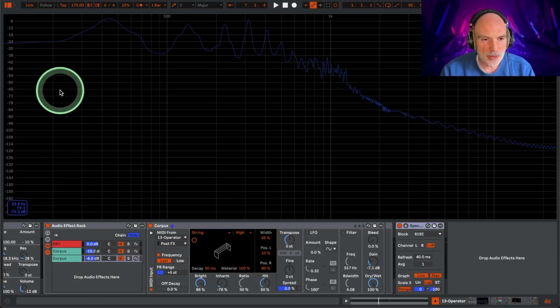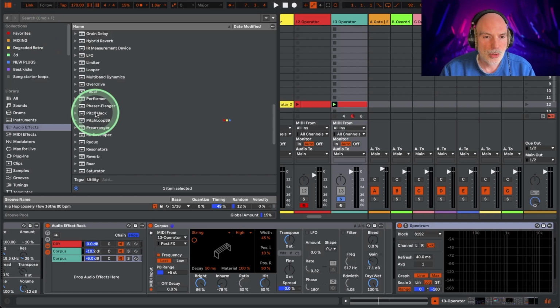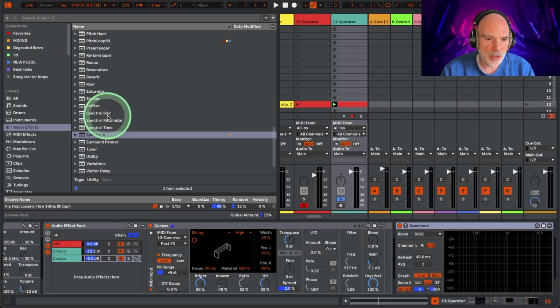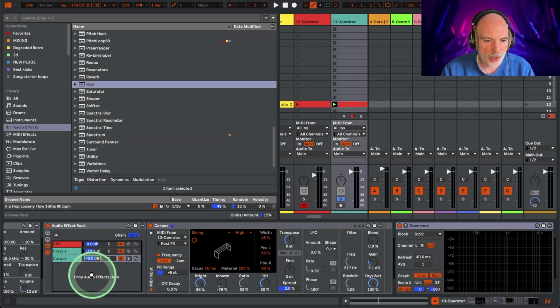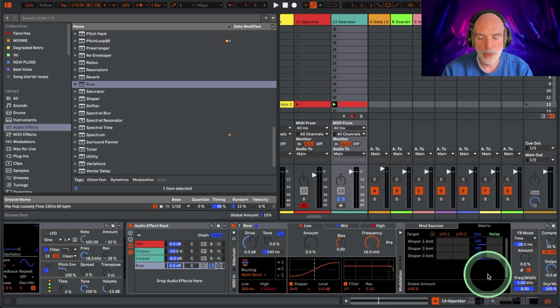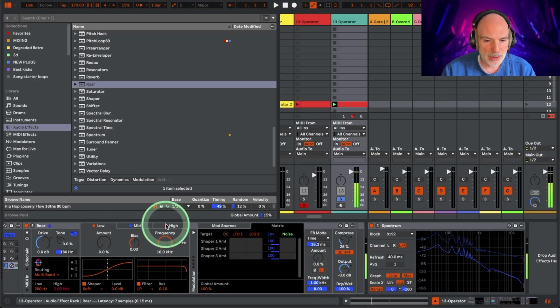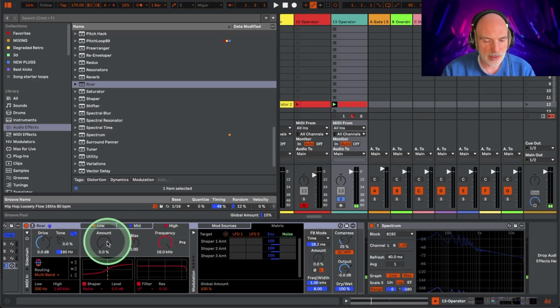And then what we can also do is play with other effects. Right, so let's minimize this. Other effects that can work quite nicely could be something like Roar, if you wanted to add some crunch. And remember that we still got the original signal in there. So I'm going to grab Roar and make it 100% dry/wet and literally add a little bit of extra character, maybe